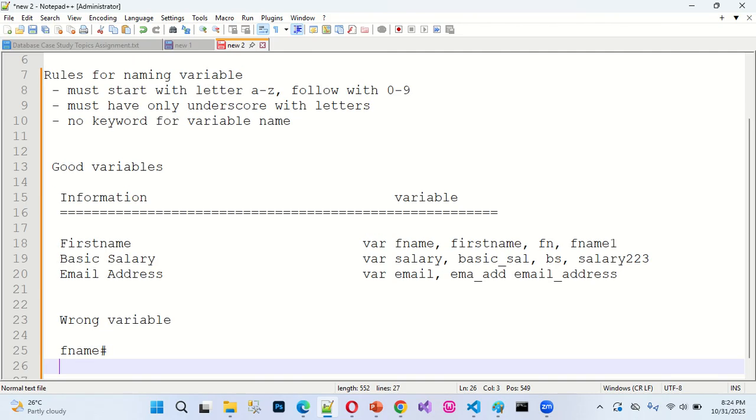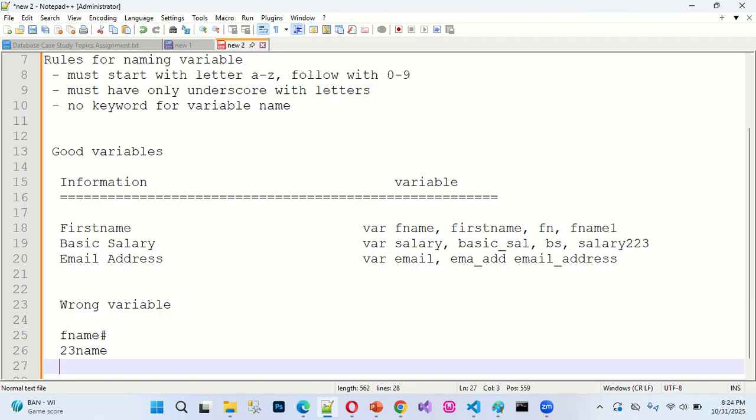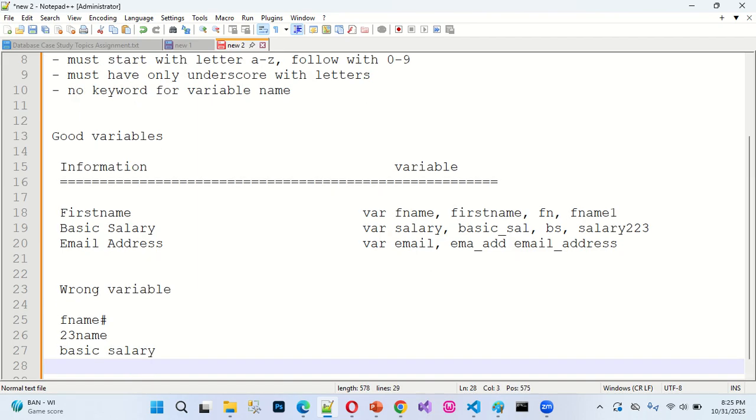Or if I say 23name, this is not a good variable. If I come down and say basic salary, this is not a good variable because of the space between them. So if I now come down and use this one, call it